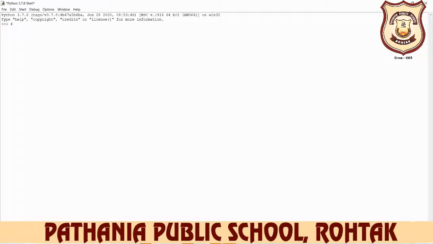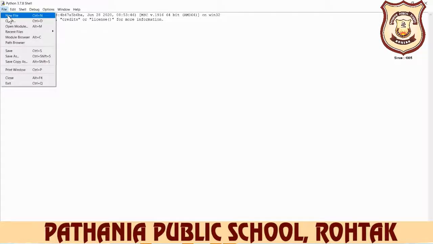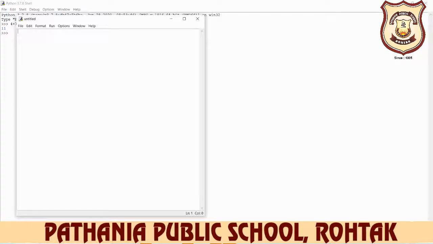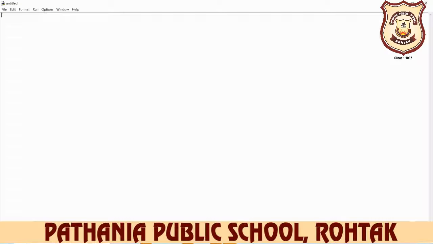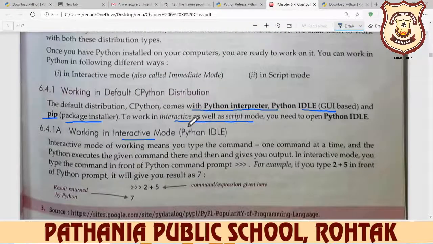For example, you write down 4 plus 7. So your answer is 11. And the second is, you click on the file menu and then click on new file. This is your script mode and this is your interactive mode. Clear? Okay.